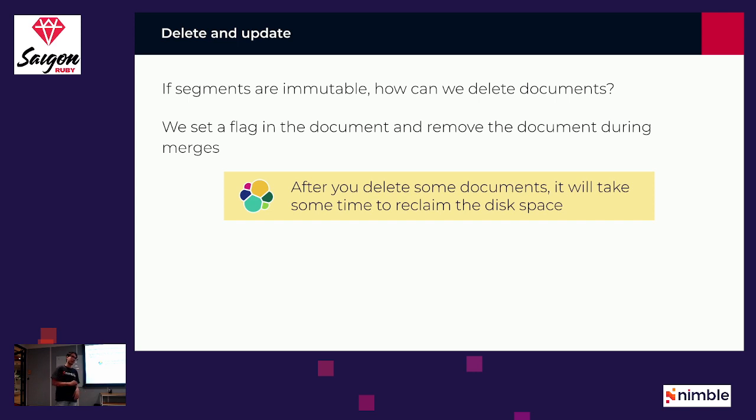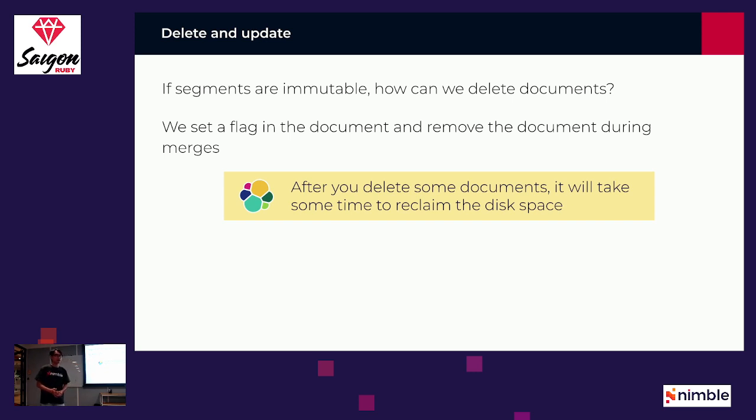So just keep it. This technique is used in a lot of databases. It's called Tombstone in Cassandra. In Postgres, we call it dead tuple. So it's a very common technique. And also, we're going to remove it during the merge. So when you're doing the merge, if you find someone who's already deleted, just toss it out. And that's it. Which means that after you delete some documents, it will take some time to reclaim